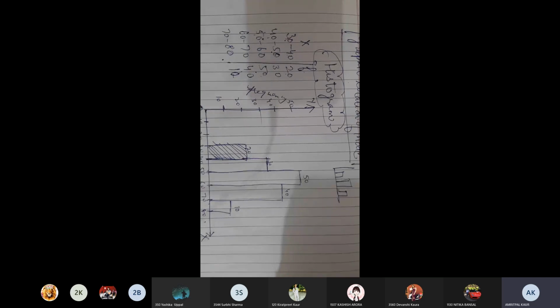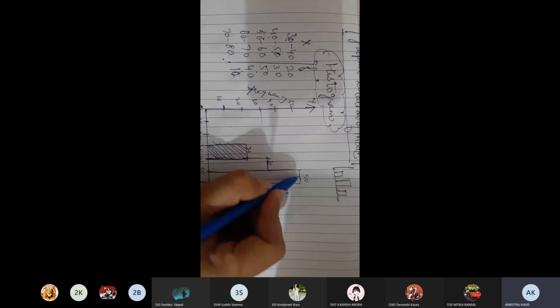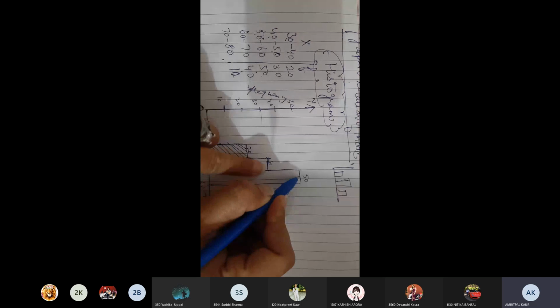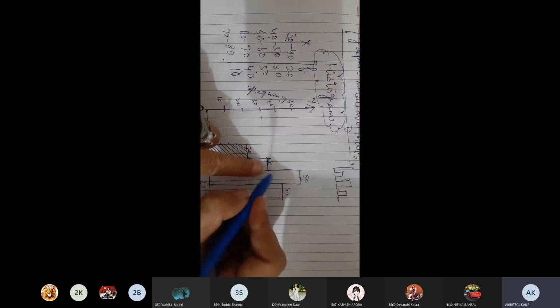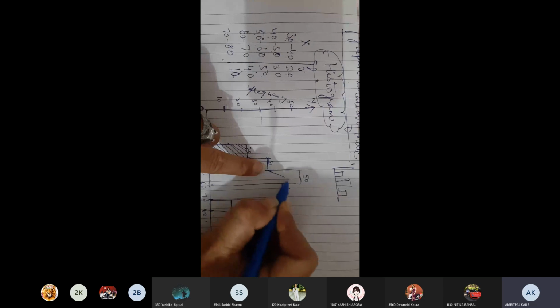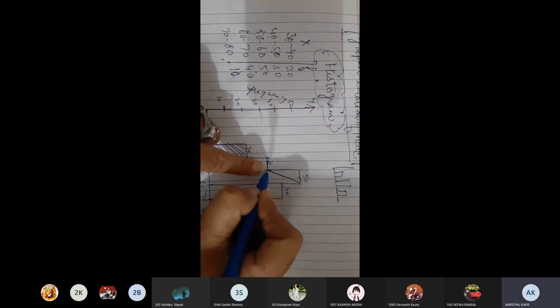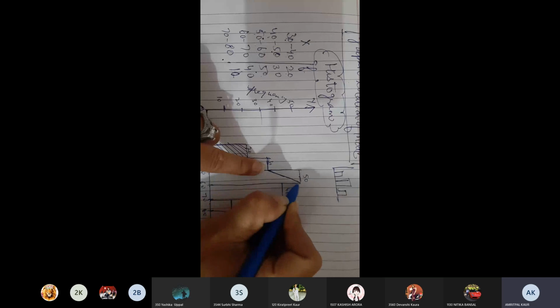Now how to find out the mode? Okay, the histogram we have made. You have to see the highest bar. What is the highest bar here? 50. You have to see the highest bar, okay? And then you have to see from this corner, what is the next bar? From this corner, we will draw one line with a scale to this next corner. So with the help of a scale, from this corner to this corner, you will draw one line.